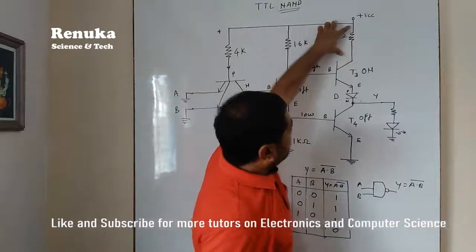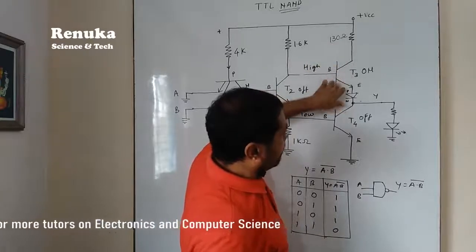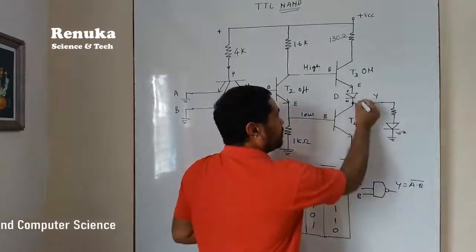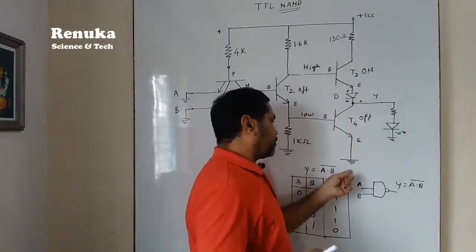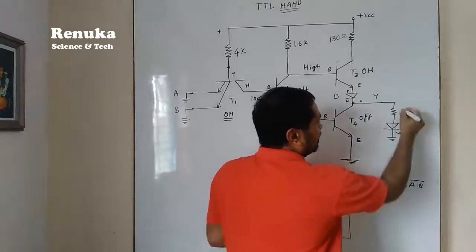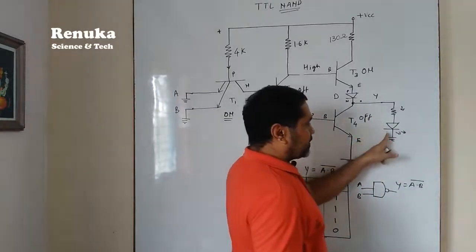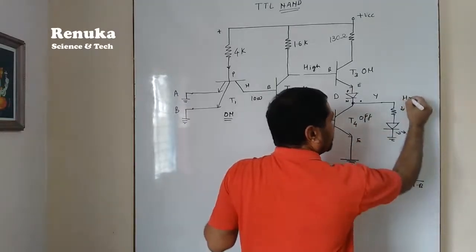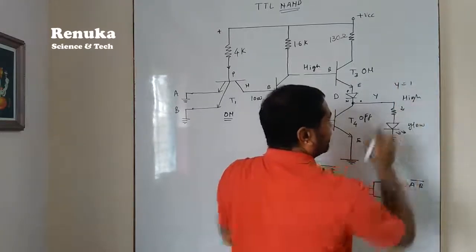So the current from the positive terminal will enter the transistor that is turned on, and it will conduct the current. The diode will be forward biased, so current will enter up to this point. Again, this transistor T4 is off, so the whole path towards ground is off. The only possible path for the current to flow is the LED, so all the current will flow towards the LED. If the LED is getting current or high voltage, then the output will be high. So we can say that Y equal to 1 at the output.